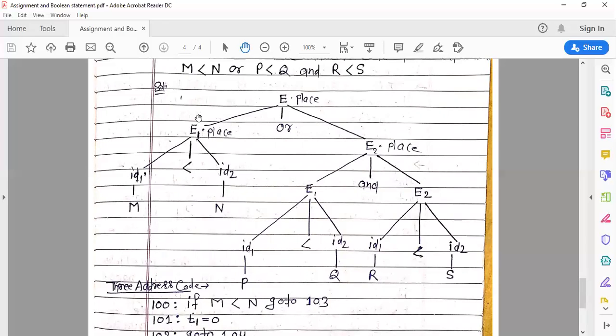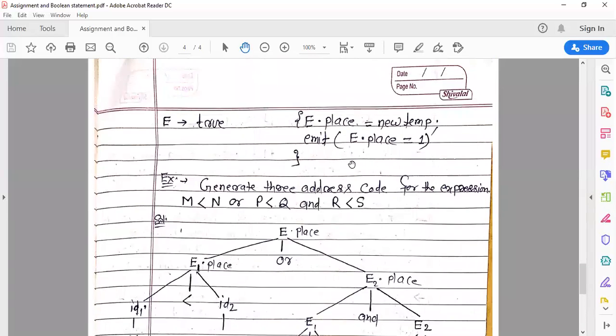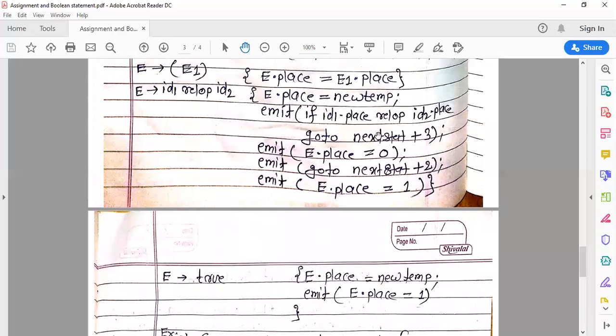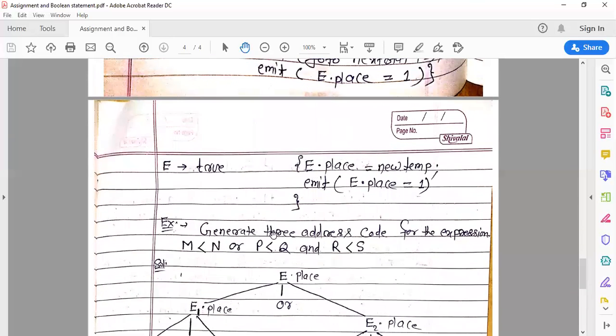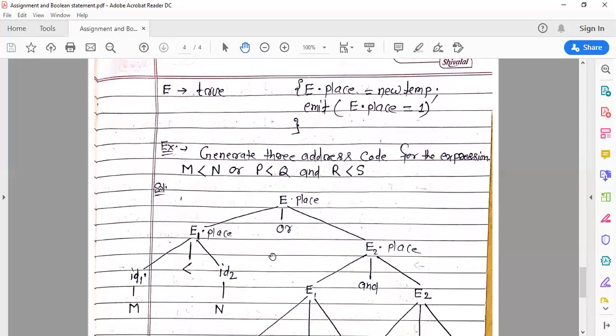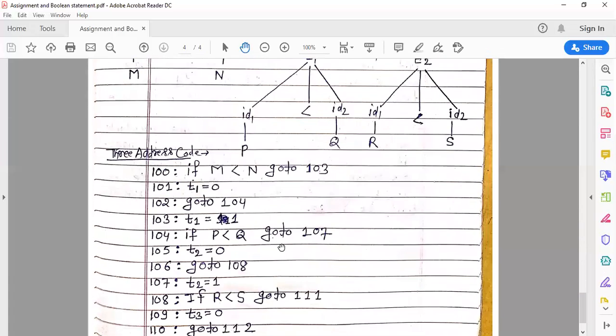So similarly, here we apply the semantic rule for P less than Q. As previously, if P less than Q, go to 107. So why 107? Because the current address is 104. What does the semantic rule say? The semantic rule says next statement plus 3.